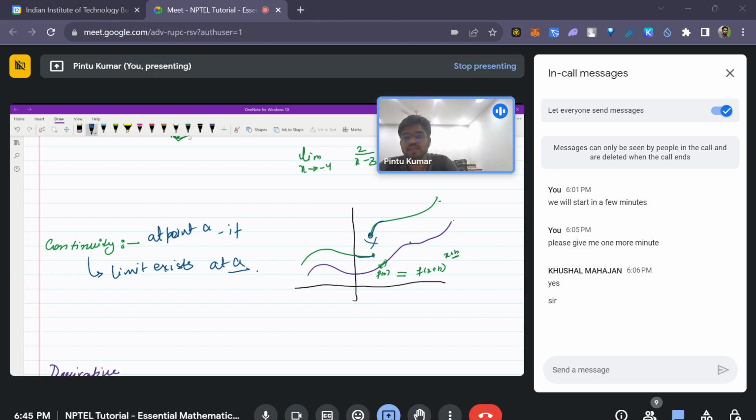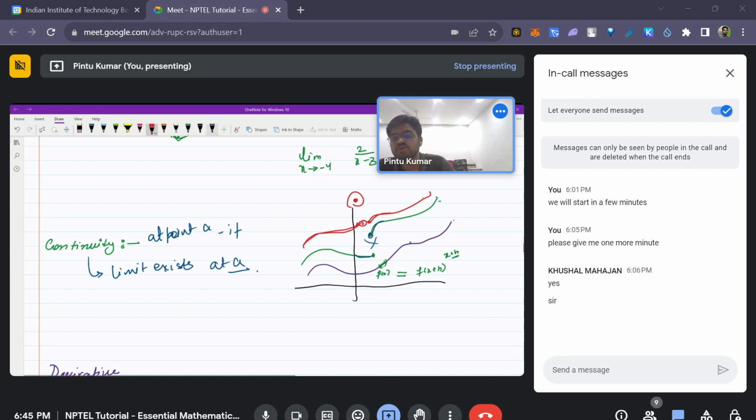Okay, let's draw one more graph on similar lines. Let's say this, and just at this point your value is this much, and at the other point you are continuously flowing. So if you look at the limit, this is suggesting that you are approaching this point, and this is also suggesting that you are approaching this point, but the function value is here, so you can't draw this without lifting